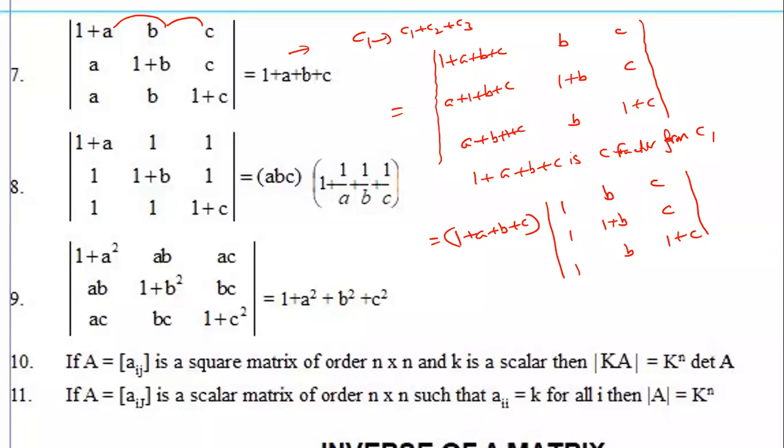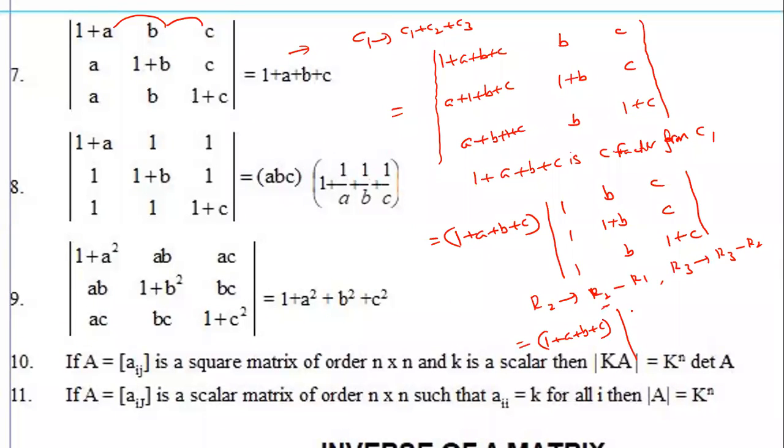Now, what is the case? See carefully. If this answer is how much is coming? 1 is coming actually. Still, how to find C I'm saying. So in this case, I'm not using row operation, I'm using R2 minus R1, R3 minus R1 or R2, anything you can take. But whenever you're using R2, starting from R2 only. Don't write R1 minus R2. If you're writing R3, you should write R3 minus R1 or R2. Got it?